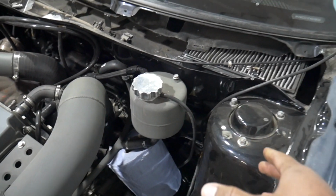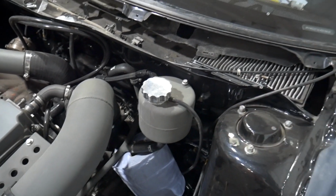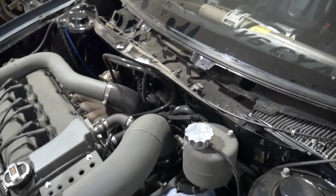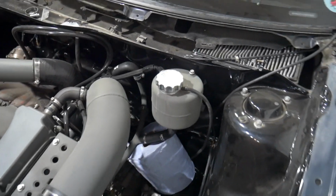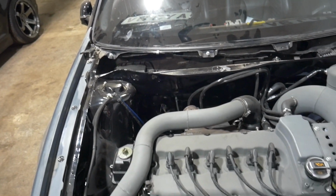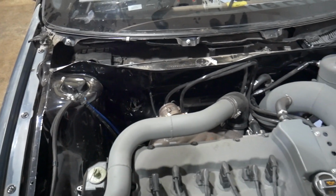Obviously because it's a custom or an aftermarket one. There was a bracket on the old car, but when I pulled it off it was welded on and it had all bent, so I've sent that off to be remade. So I'm just waiting to get that back. I think I mentioned before whether I was going to fit the servo, etc. I am going to go for the booster delete, simply because